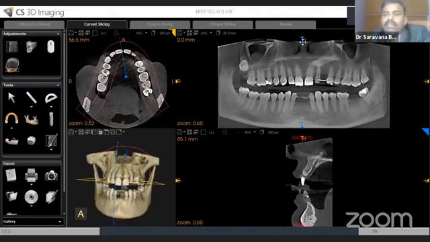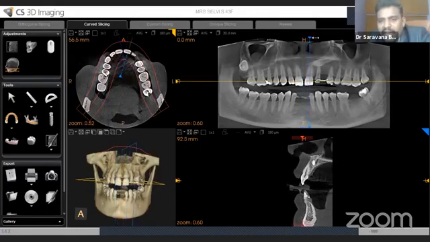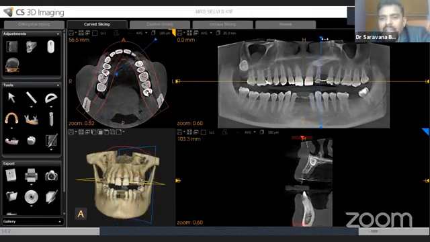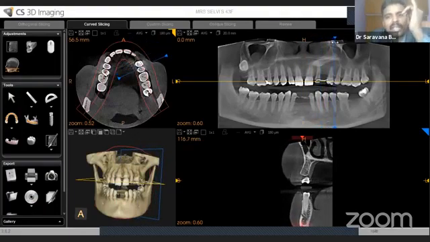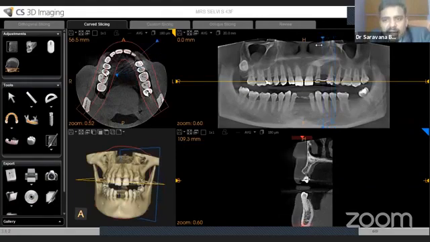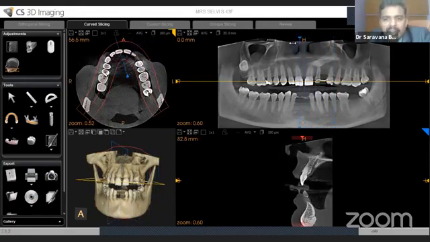If you move the blue color dots from here to anywhere, you can get the cross sectional slices. I told you about the fourth slice, that is the transaxial slice or cross sectional slice. One is axial, coronal, sagittal. The fourth one is the cross sectional slice. Take one axial slice and cut the slices like this. This is the cross sectional slice. For that you have to move the blue color dots here and there.